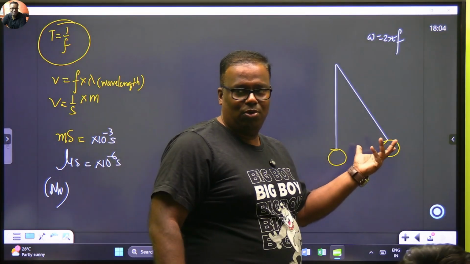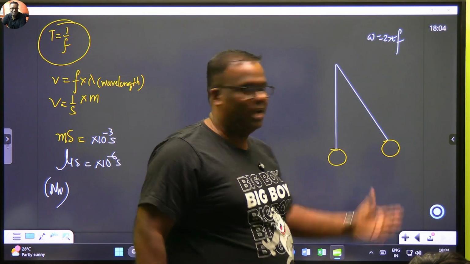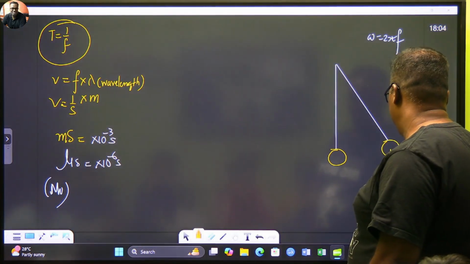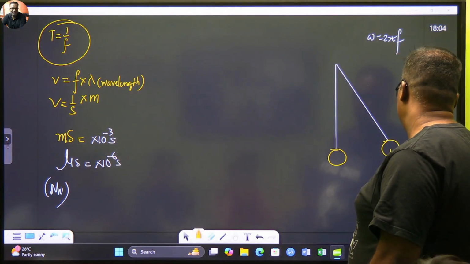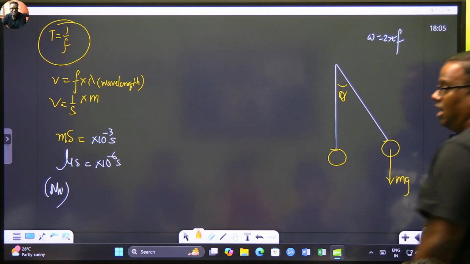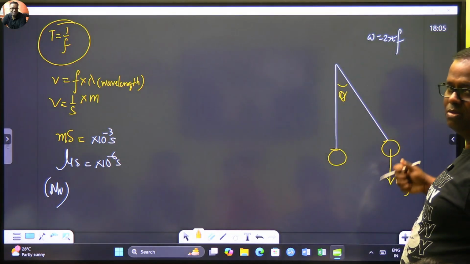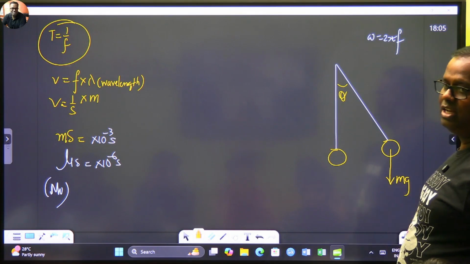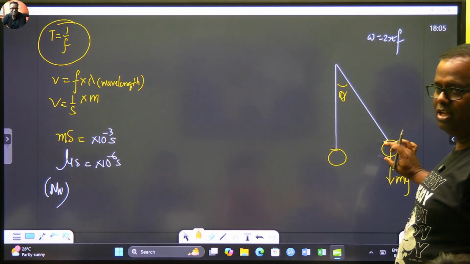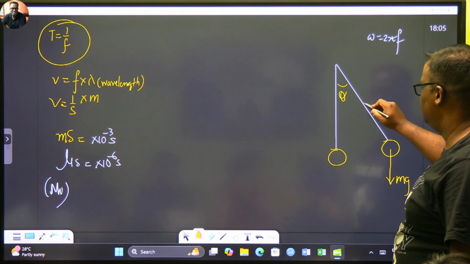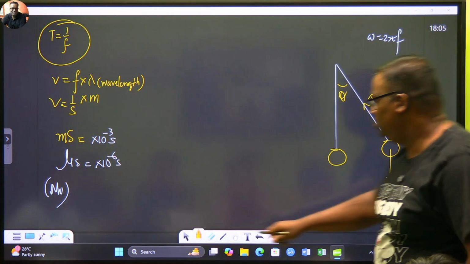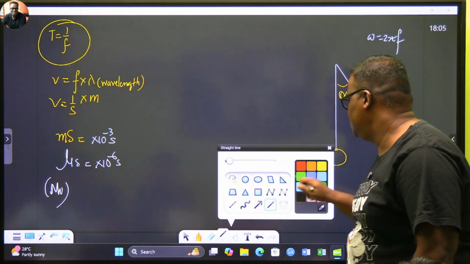You should actually see what brings the pendulum back. If you try to do the force analysis of the pendulum, there is the weight of the pendulum acting downwards, mg. The pendulum has been deflected by how much? Theta. And the string is keeping the pendulum straight, so there is a tension. To find the direction of tension, sit at the point where tension is acting and open the umbrella. So tension is always upwards. This is tension. Understood?